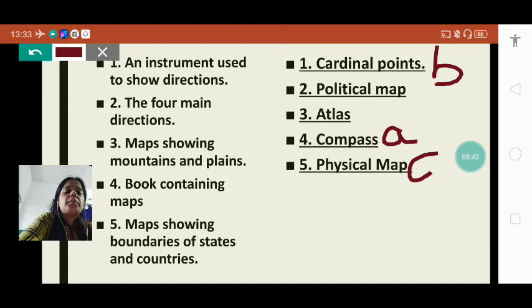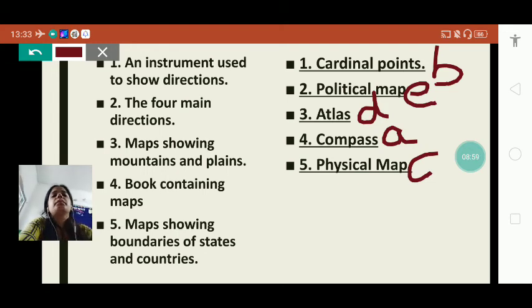Books containing maps are called atlas, number D. And the last one, maps showing the boundaries of states and countries are called political maps, so it should be number E.